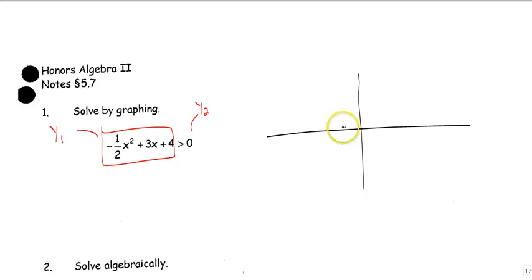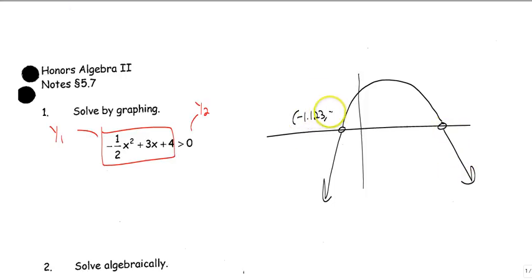These are going to be open where it hits. And the graph looks like that. Okay, so this is negative 1.123 comma 0, and if you do the other one, you should get 7.123 comma 0. I need to see these points,